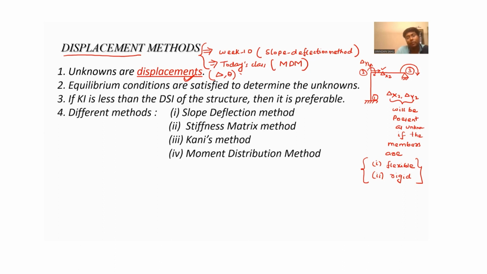Take your time. Take 1 minute, think and tell me. Delta x2 and y2 will be present as unknown if the members are. My bad, sir. Actually,